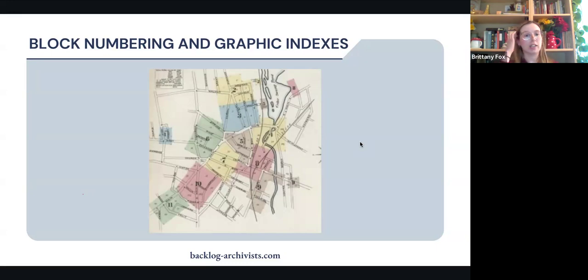However, another tricky thing about using the graphic index is that for this example, it doesn't actually show anything about Hopedale, despite it being part of the Sanborn volume here. If you just go into the graphic index and don't look any further, you may accidentally write off the Sanborn map and say, oh, that's of no use to me, so I guess I'll have to move on to something else. But at the bottom right of the page for the introductory material is, and next slide,